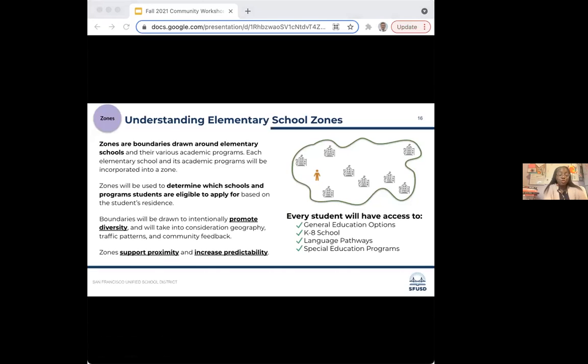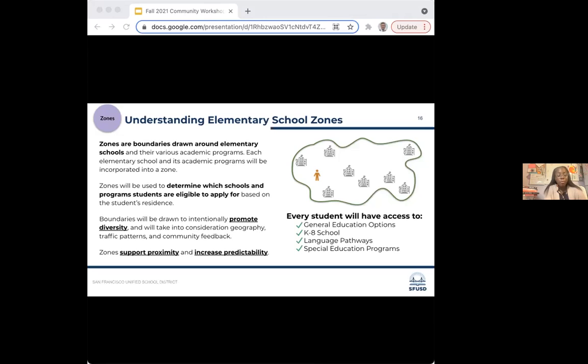Zones are boundaries drawn around elementary schools. Zones determine which programs students are eligible to apply for based on their students' residence. Boundaries will be drawn intentionally to promote diversity, and they'll also take into consideration geography, traffic patterns, and our community feedback.